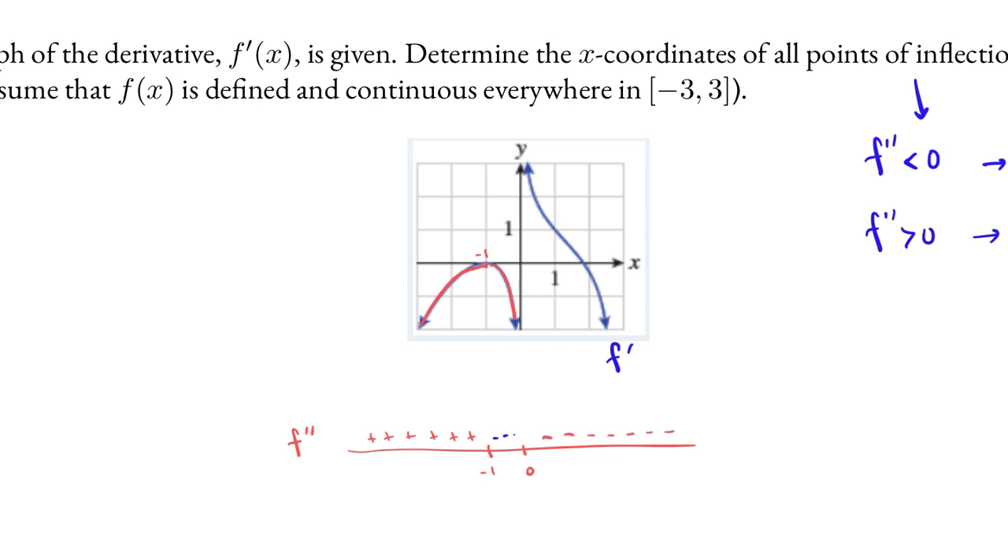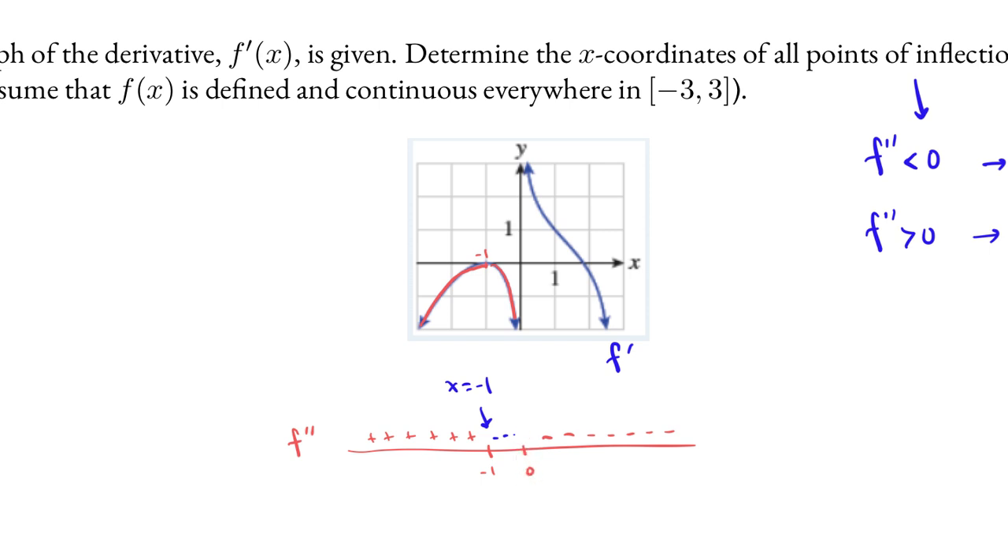What this means is that we will have an inflection point when the second derivative changes its sign, and that is the inflection point at x equals -1, and that is it. There is no inflection point at x equals 0 because the second derivative does not change its sign at